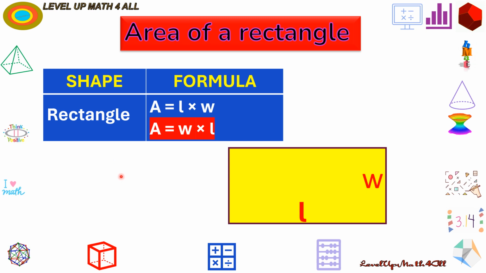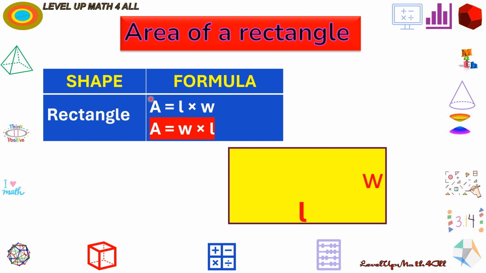In this video, we are going to find the area of a rectangle. Before that, we are going to learn a formula for the area of a rectangle. The formula for the area of a rectangle,